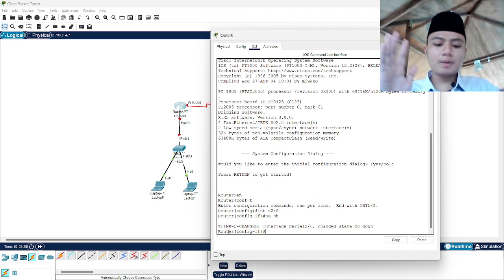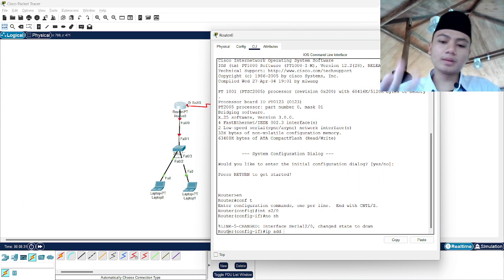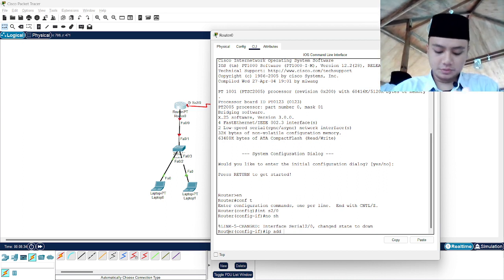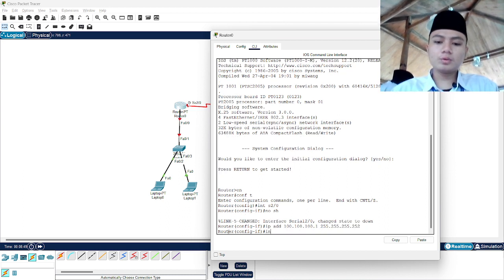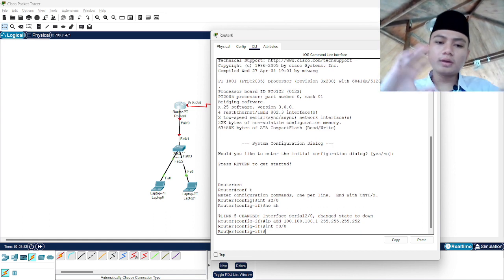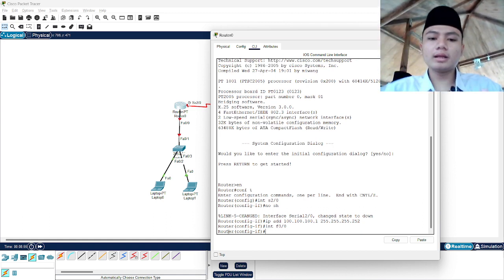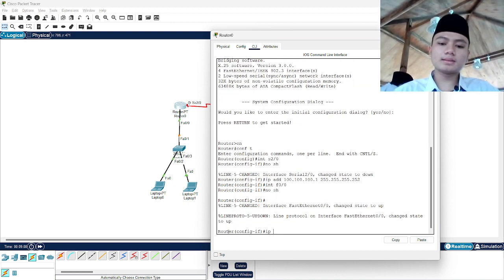We are using a public IP address in there. For example, in this lesson, we're using the IP address 100.100.100.1 with /30. Enter. Then we go to interface FastEthernet 0/0, the interface that connects the client to the router. Then no shutdown. Then we put the IP address